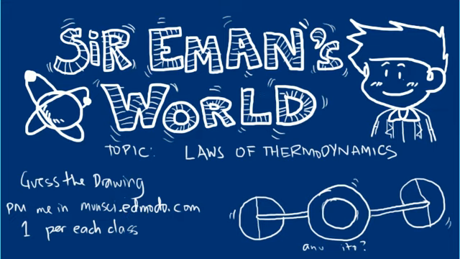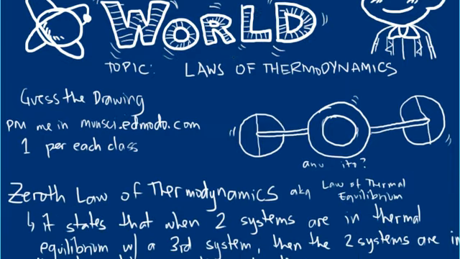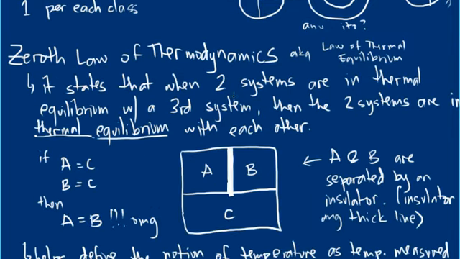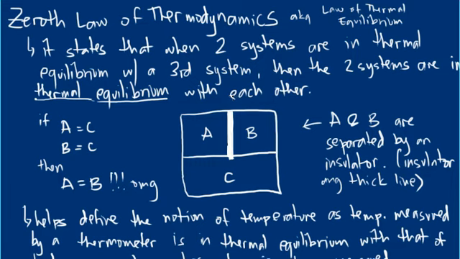So what are the laws of thermodynamics anyway? So let's see. There are four laws of thermodynamics, and practically, they're not named law number 1, 2, 3, and 4, but we have a zeroth law per se. So what does the zeroth law of thermodynamics tell us? The zeroth law of thermodynamics, also known as the law of thermal equilibrium,